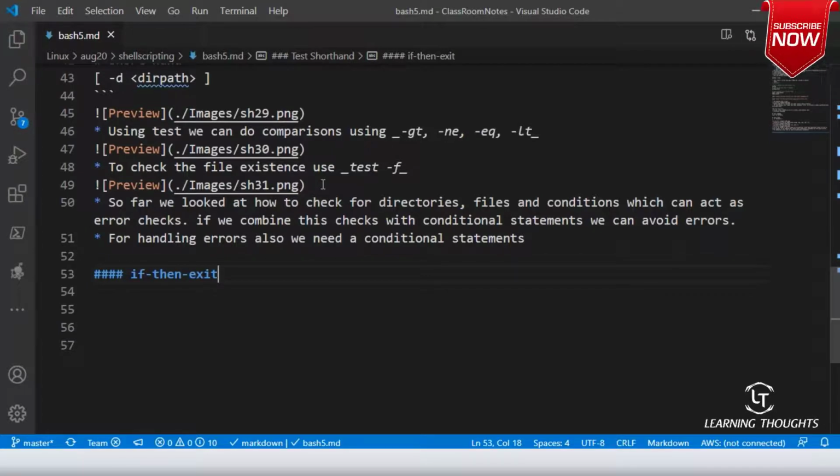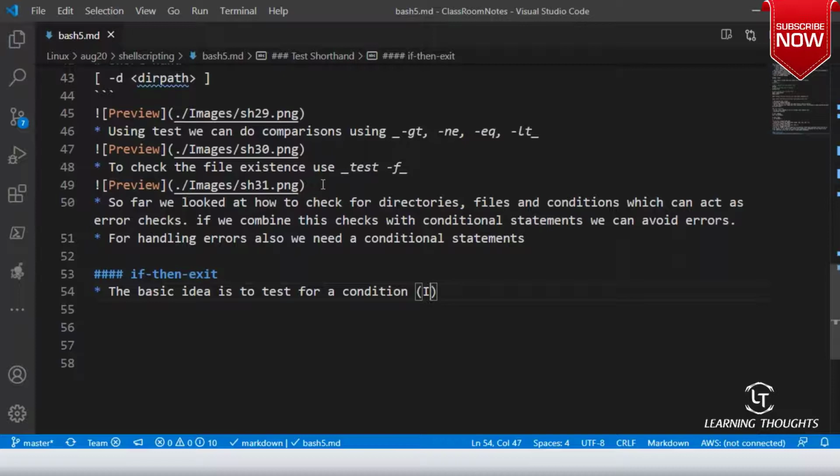If the test is true, we will execute the command. Otherwise, we will exit with a return code, which is an error. Am I clear on this, sir? Right? So the basic idea is to test for a condition, right? That is if.